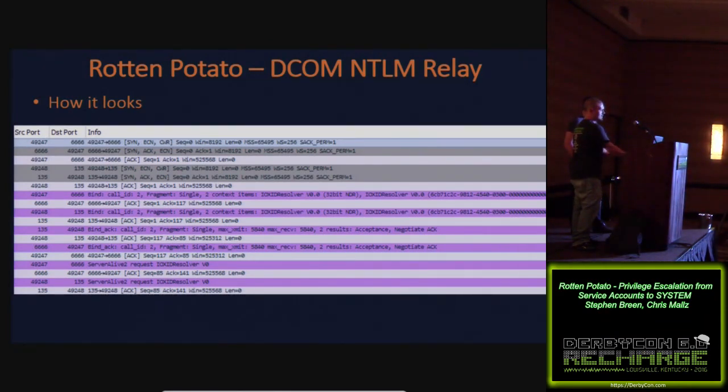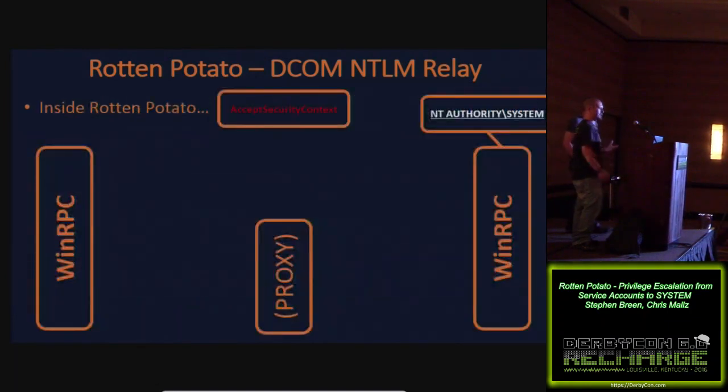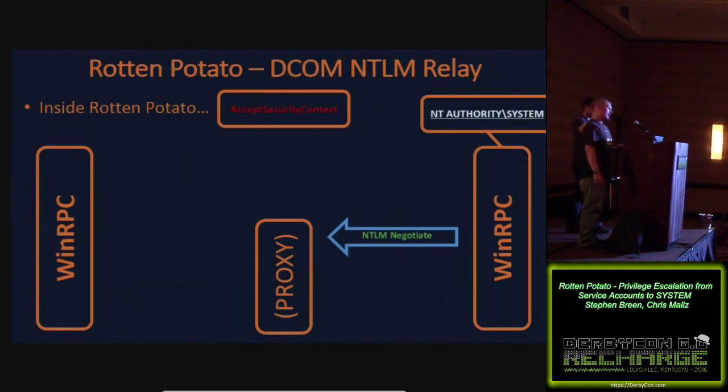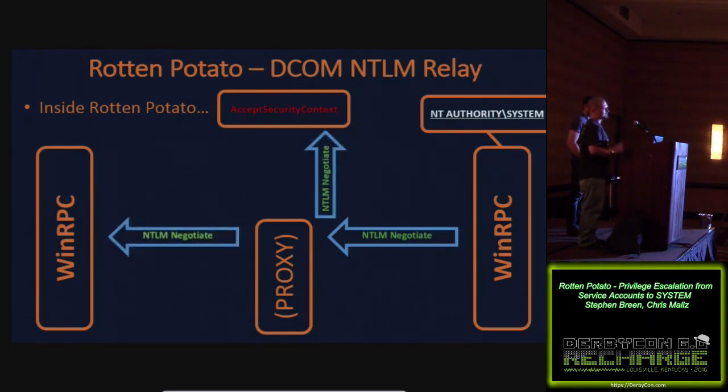Once it starts the authentication, it's still forwarded to our proxy, and we actually listen on port 6666. The first hash comes across the wire, and in the original one, we just forwarded it to SMB. But here, we make a call to AcceptSecurityContext, and we just take that hash and put it into AcceptSecurityContext. At the same time, we also relay that back to RPC itself on port 135. When you do that, it will generate the second hash, the NTLM challenge.